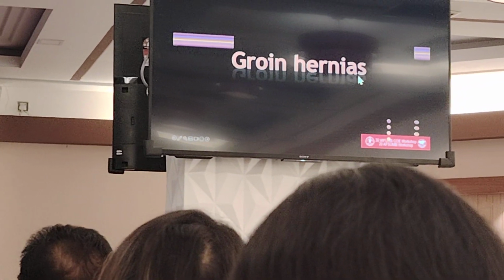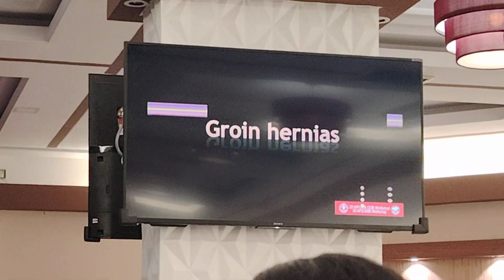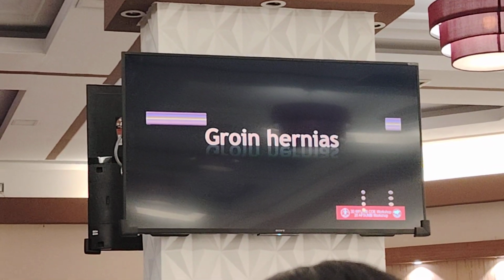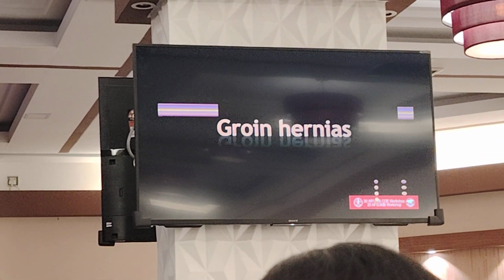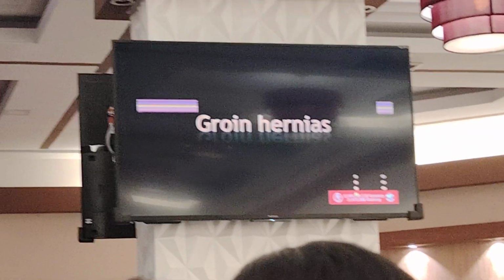Okay, groin hernias include any hernia along, meaning either superior to or inferior to the inguinal crease, meaning inguinal